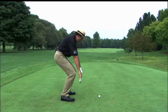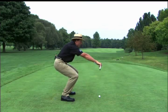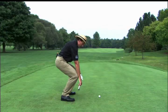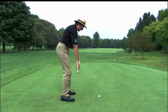Flex your knees, get right down, really sit down on your haunches. Feel the flex in the knees. Feel the balance of the club here. Your arms shouldn't be out here. Just let them rest nicely on your knees. And then from here, very gently, very gradually raise yourself up, keeping the flex in the knees, and you'll sense